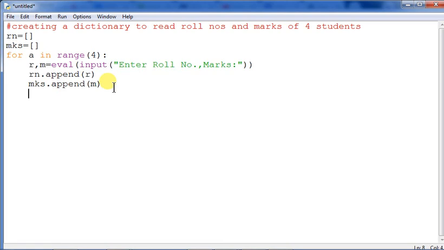Now we are forming the dictionary out here. We have said D equals to RN, with the bracket, then putting out here 0, and then colon, MKS 0 also, MKS and then 0. So this is one key that has been formed. Now other keys are also there. I am just copying this one in order to save the time for typing, and just change this one to 1 over here, and then give 1 here, and then comma.